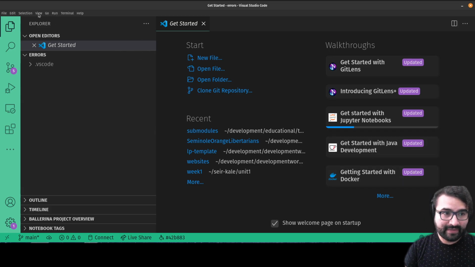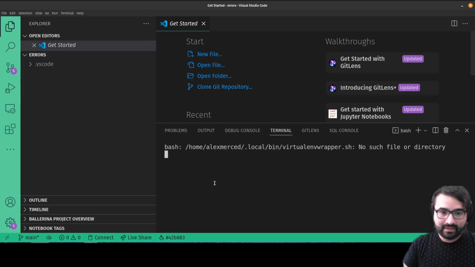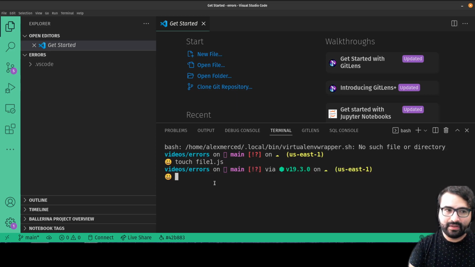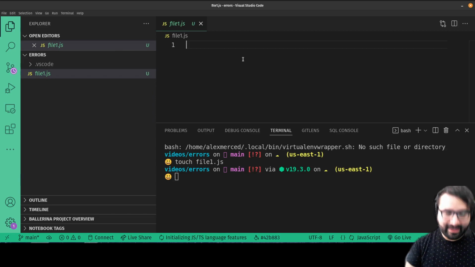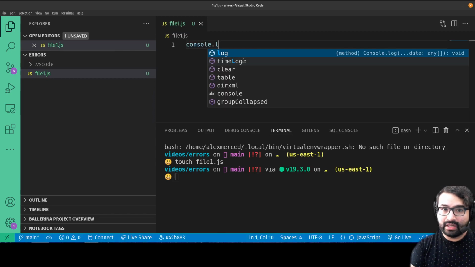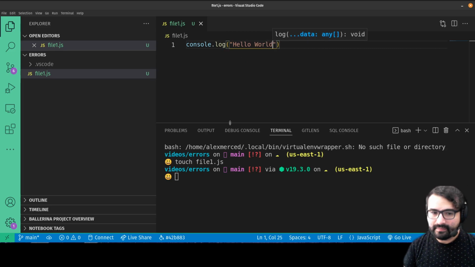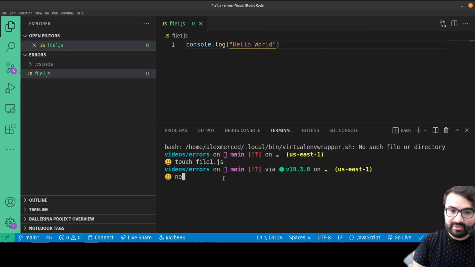So first off, let me create a file. I'm going to open up my terminal, and I'm going to do everything from the terminal. Again, I'm assuming that you have Node installed. I'm going to create a file using touch, and we'll call it file1.js because it's JavaScript. I'm going to go in this file and just do console.log hello world. Hello world. Okay, cool. So now I'm going to do node